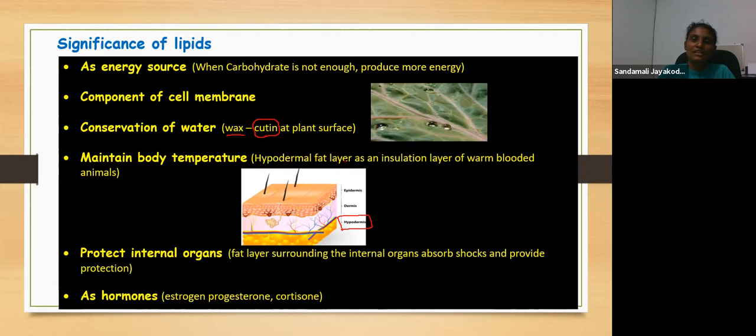Because we have a hypodermal fat layer, it acts as an insulation layer. And also when there is a